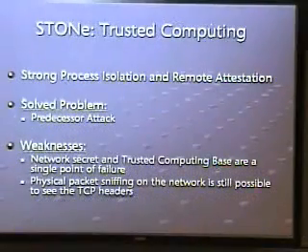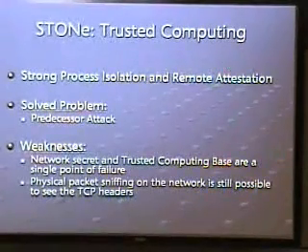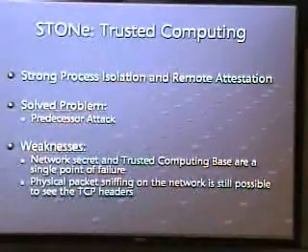Okay, so the idea is basically to use trusted computing to protect against this attack, simply because we have strong process isolation and remote attestation, and the network secret, we cannot do any logical packet sniffing on the network. So any adversary would be an untrusted process, and wouldn't see incoming IP addresses on this trusted process. The only way to actually do it is to do physical packet sniffing on the network. So you have to control the nodes physically and not through a botnet.